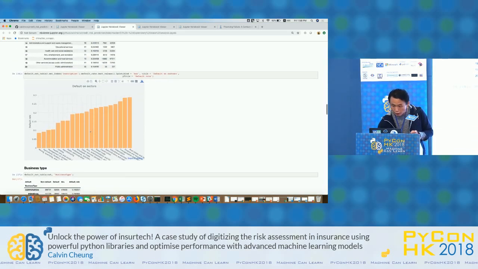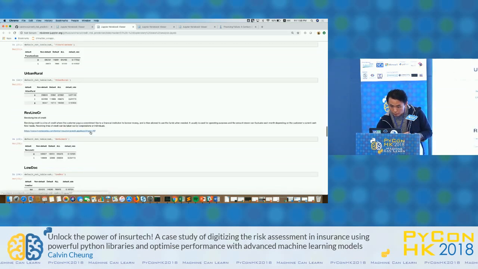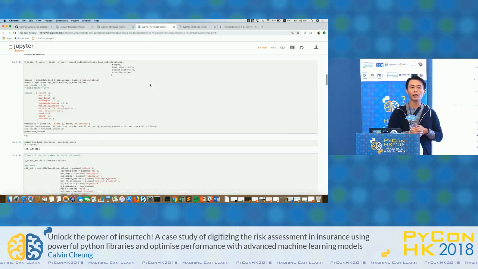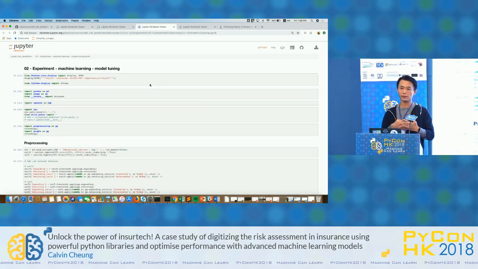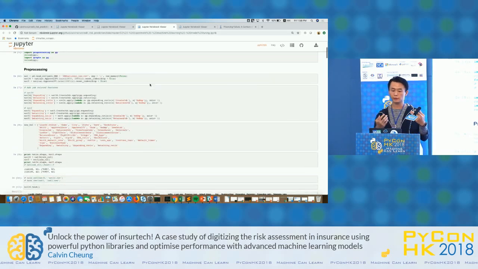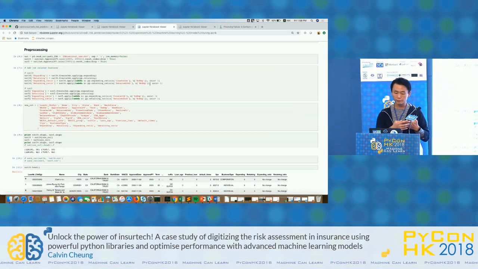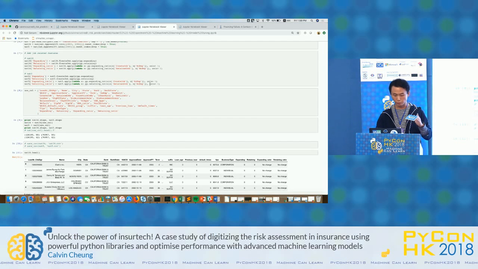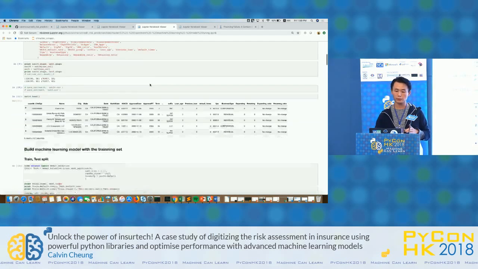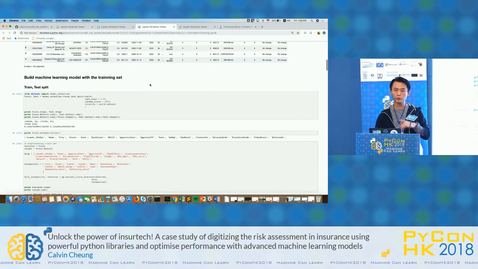Okay, so let's move to the next one. For the machine learning, I have that data set, it's clean already. So you got all the features. What I'm going to do is just put it into a machine learning algorithm, which I use is XGBoost. For this part, I'm not spending too much time to optimize the algorithm, but the most important thing is I'm using this algorithm to output a probability,